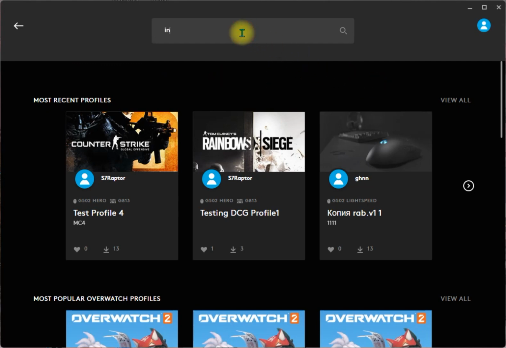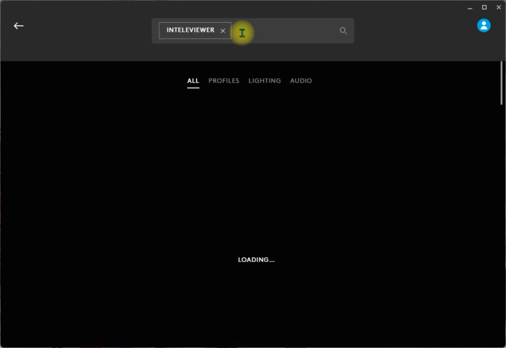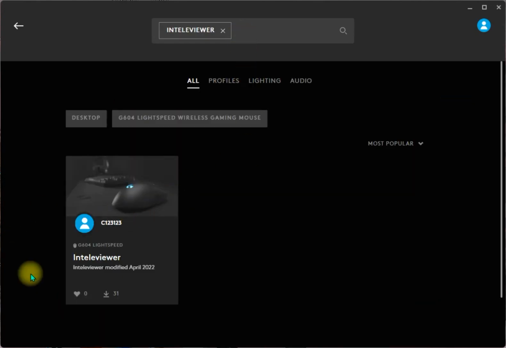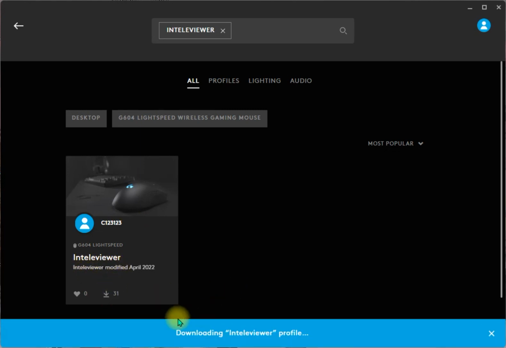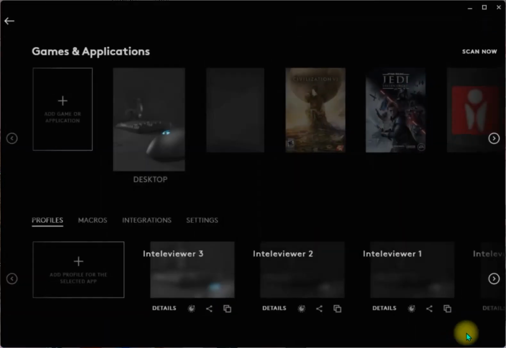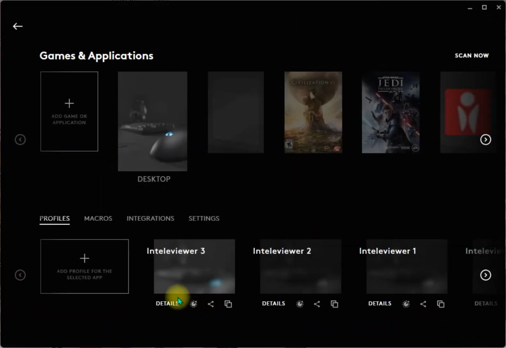If you type in then in the search mask IntelliViewer, you will find my downloadable profile and you can download that. It will mention that it's downloading and then that it's available. So you can either go to the application or you can simply go back. Go to application simply means it shows you all the profiles, and as you can see, I've got a number